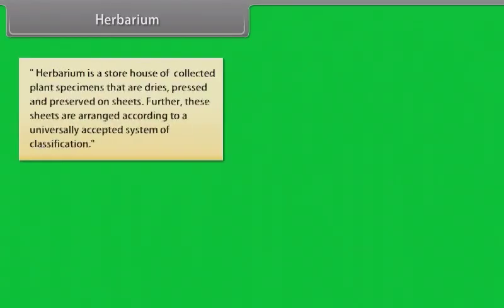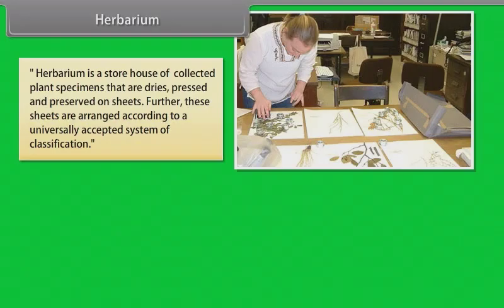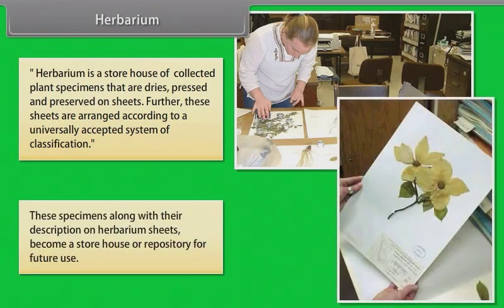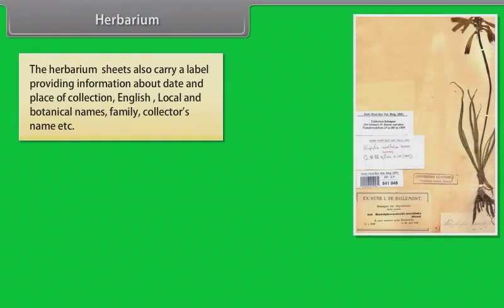Herbarium: a herbarium is a storehouse of collected plant specimens that are dried, pressed, and preserved on sheets. Further, these sheets are arranged according to a universally accepted system of classification. These specimens, along with their description on herbarium sheets, become a storehouse or repository for future use. The herbarium sheets also carry a label providing information about date and place of collection, English, local, and botanical names,